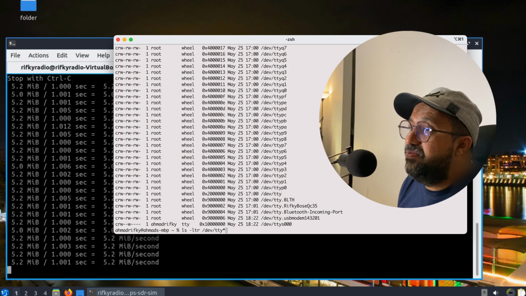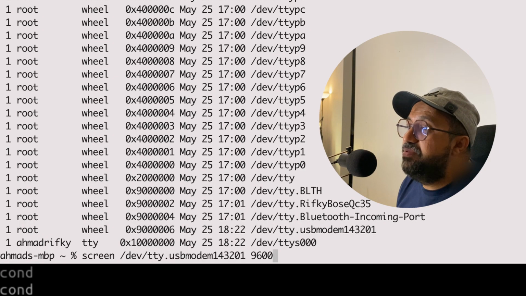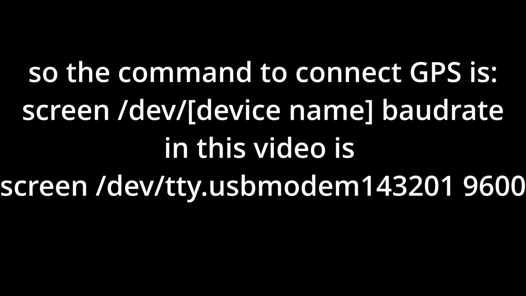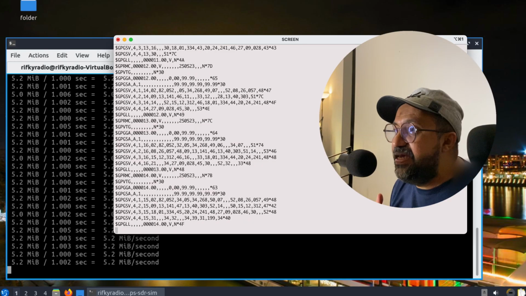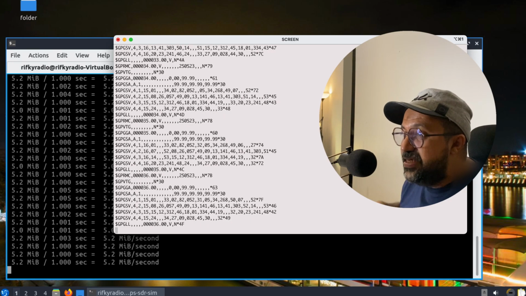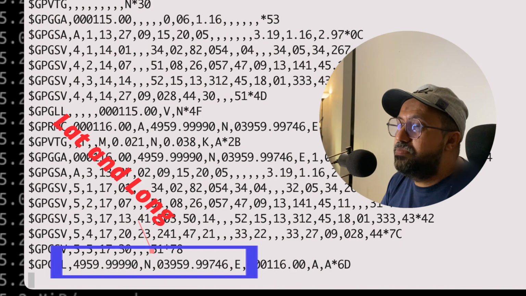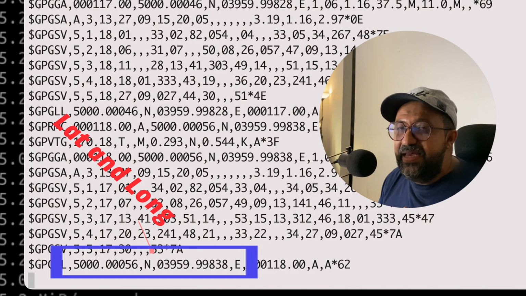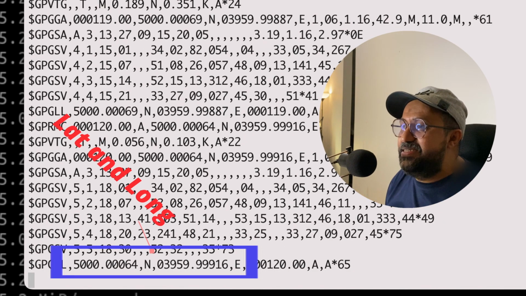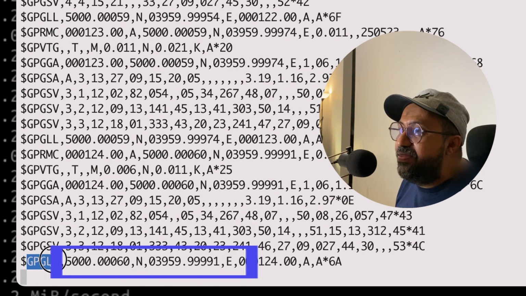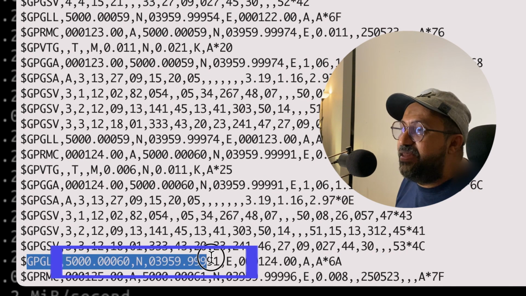Okay, that's great. We can get the screen from this one. The command is using the screen command like this. Okay, let's see guys, hopefully this works. Sometimes it takes a while in this case. Okay guys, it works right now. It's success. We can see from here the longitude is already reflected here, guys.